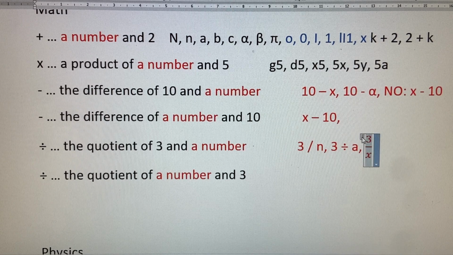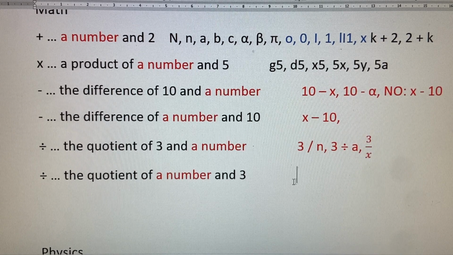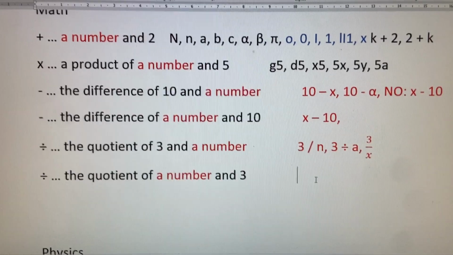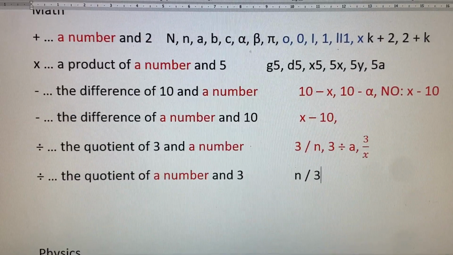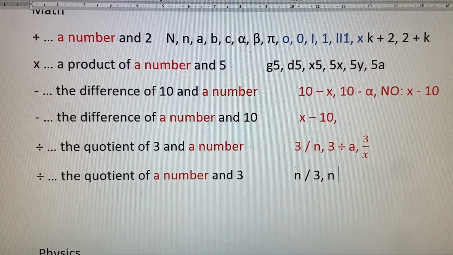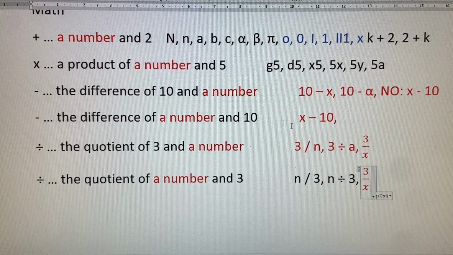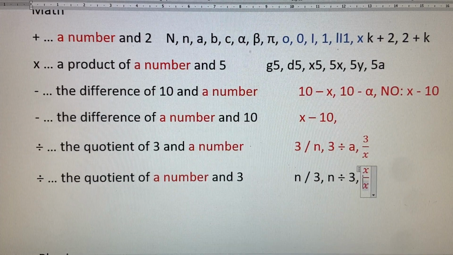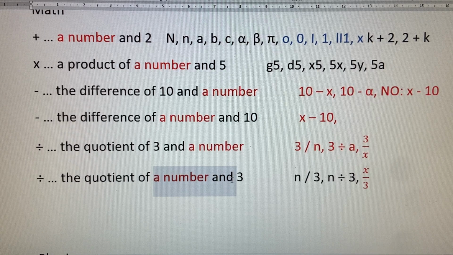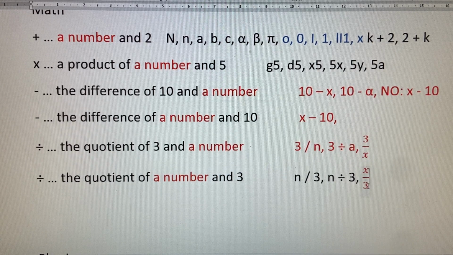Now, this is going to change, of course, if the sentence is printed this way, the quotient of a number and 3. So you're going to have to start with a number and 3, or a number with the division symbol divided by 3. And in fraction format, I'm just going to switch it around. X goes there and 3 goes into the denominator position. So it's no longer from left to right in this fraction format, it's from top to bottom, but you get the idea here. So these are the issues when it comes to writing